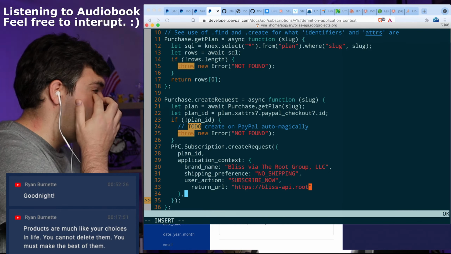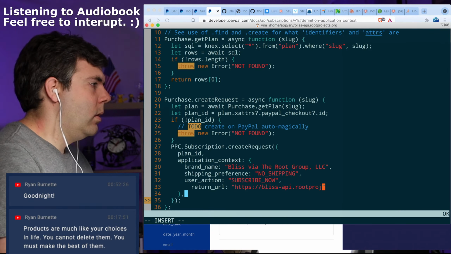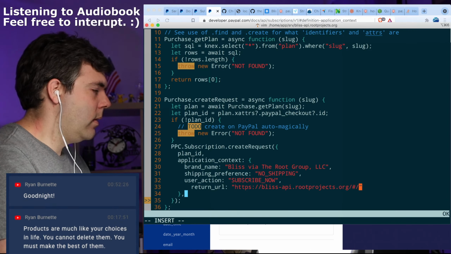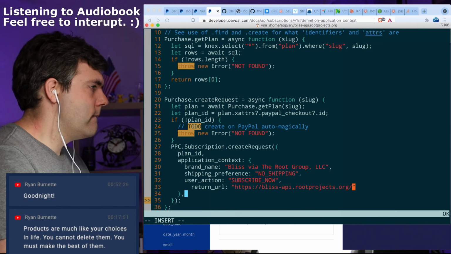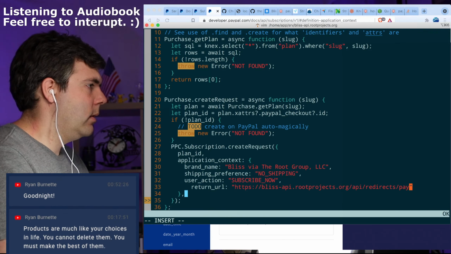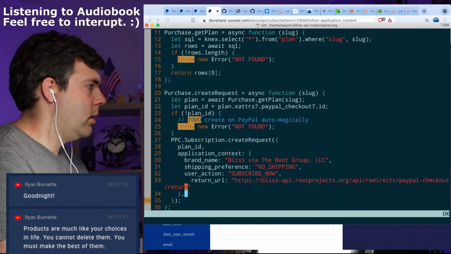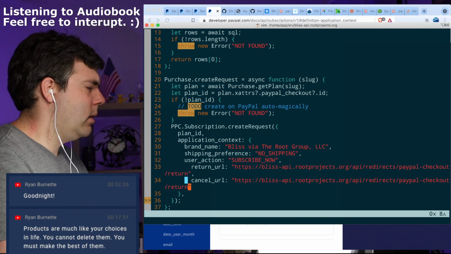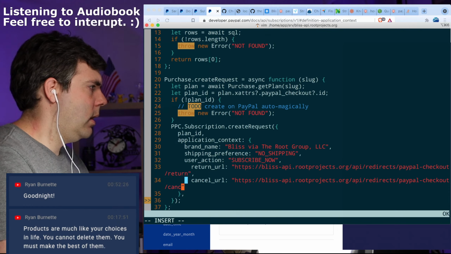Oops. Projects.org/API redirects PayPal checkout/return. Cancel URL is going to be similar, except cancel.